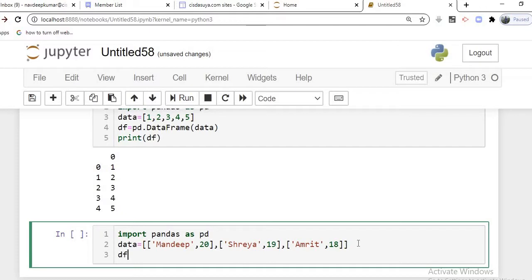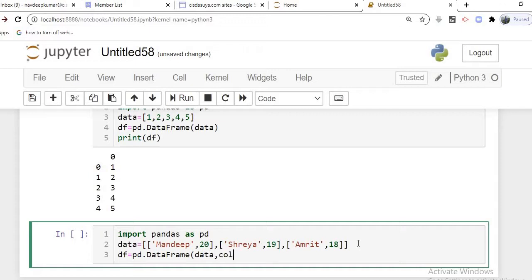Then moving to the data frame, pd dot DataFrame. The first parameter we supply is data as the data parameter.